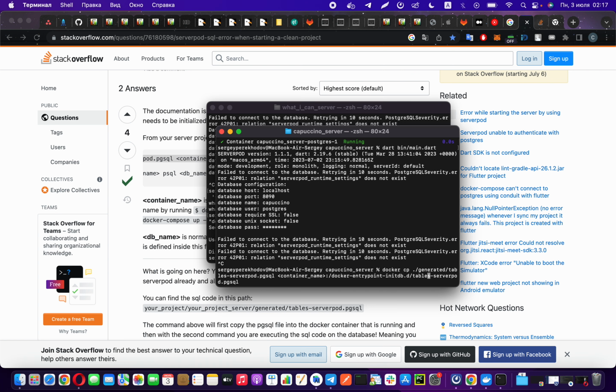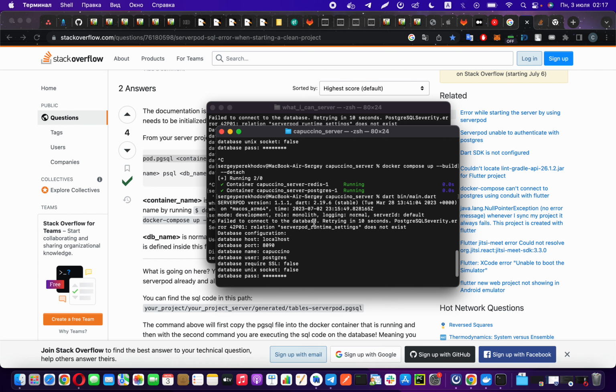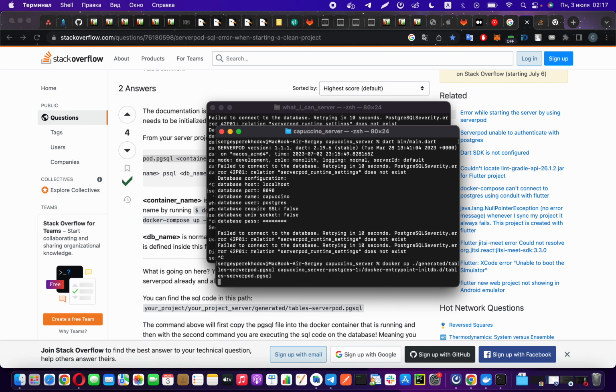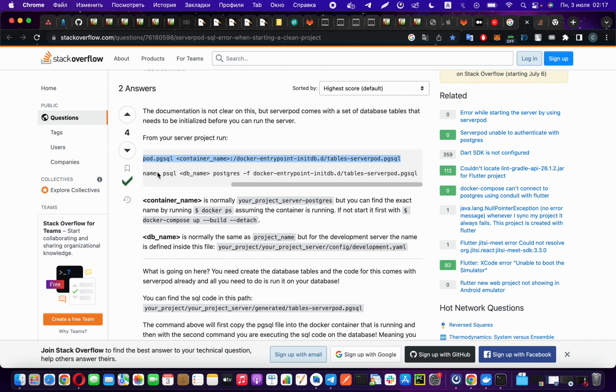Okay, paste this in the container. If you're talking about the container, you can check the container name and Postgres, and we need to just replace this name: cappuccino server Postgres 1. Okay, generate. And for the second one, we need to just